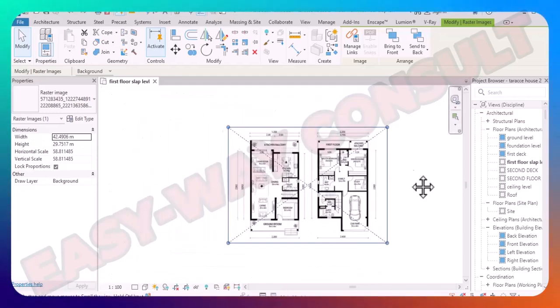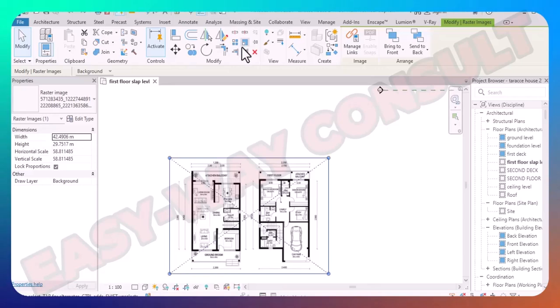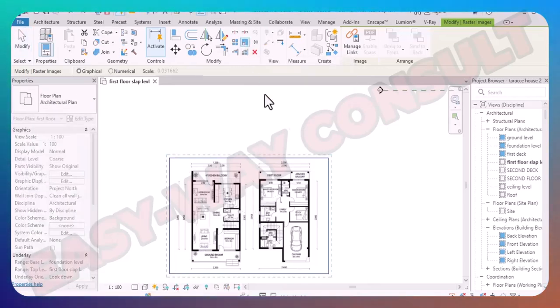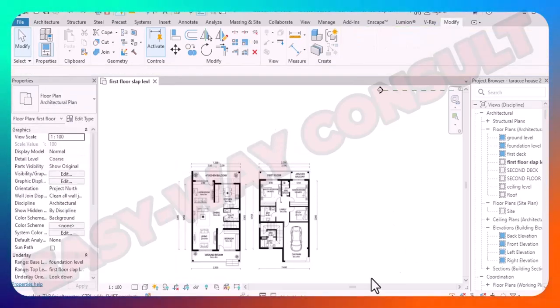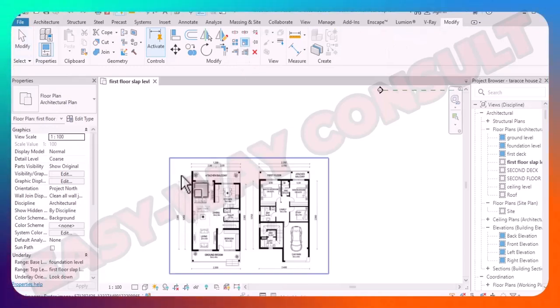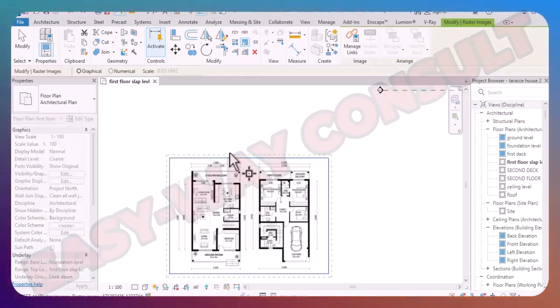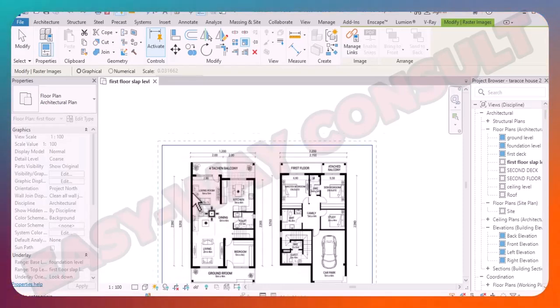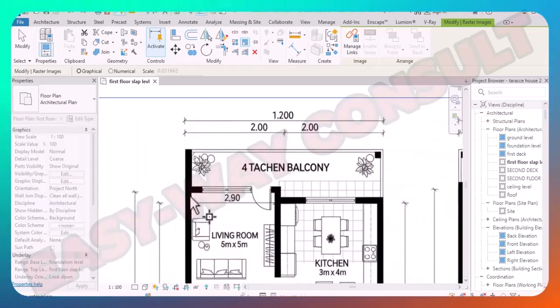So what you do is you simply go to this place, this scale, you click on scale. You simply go to scale. You click on this drawing and press enter. When you press enter, you see this highlight and you see your cursor have changed. So what you do is you now measure from here, because this is the scale we want to get. So you measure from here